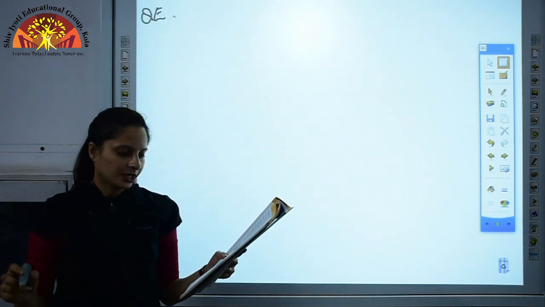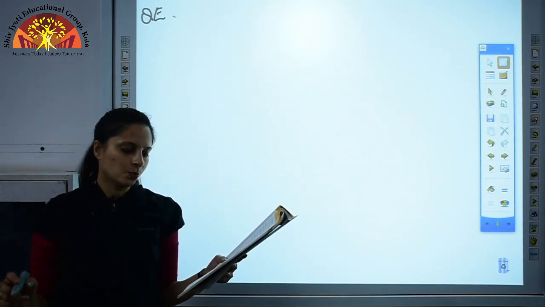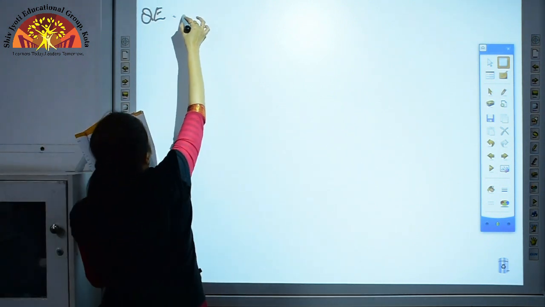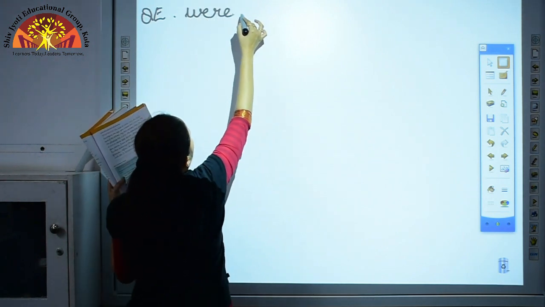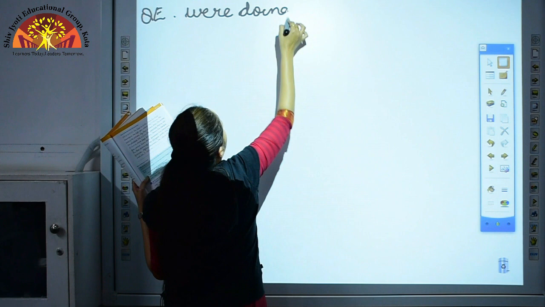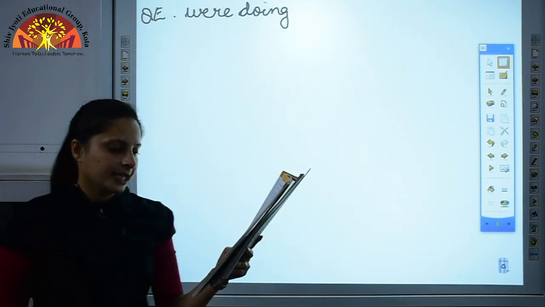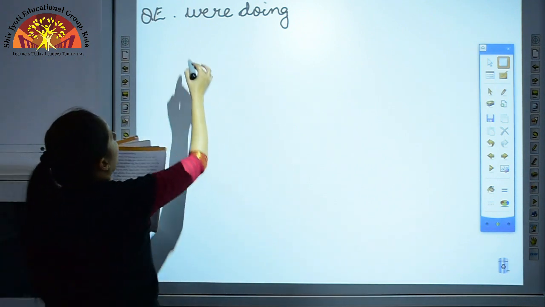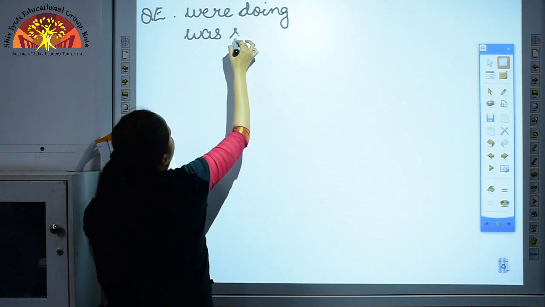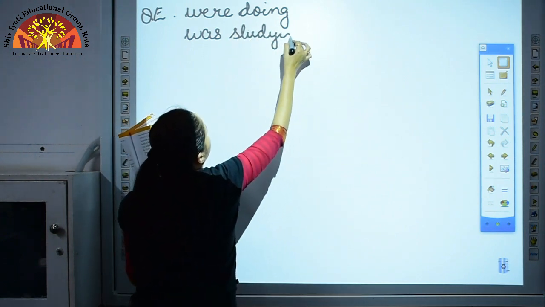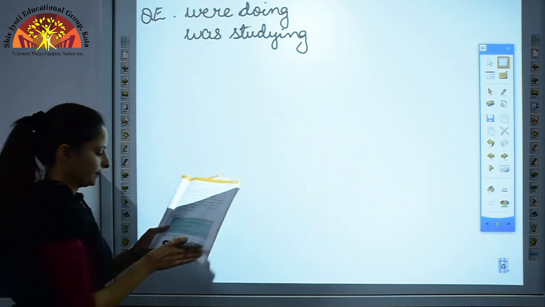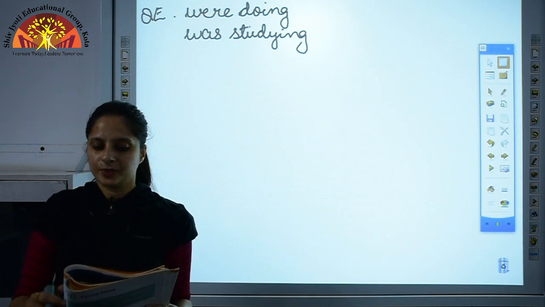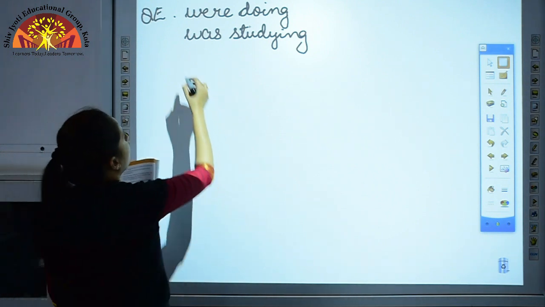First is Tashi: Hello Lily, I must ask you what you were doing last evening. With you always use were, so it will be you were and do will become doing. Okay, now Lily: I was studying for my exam on Friday. Next, Tashi: I was trying to call you but your phone was switched off. I was trying.